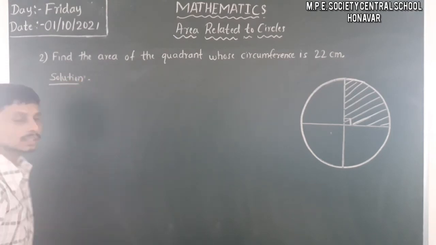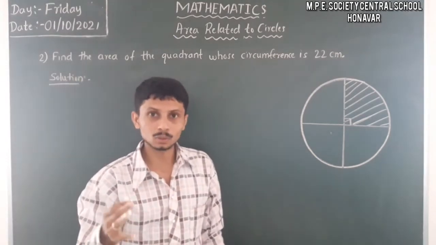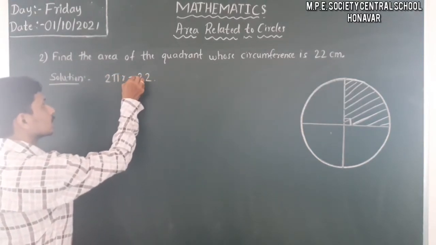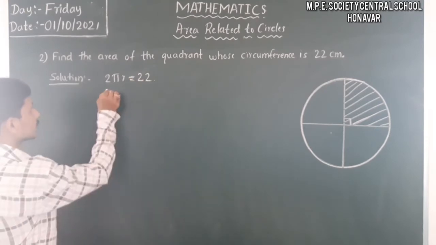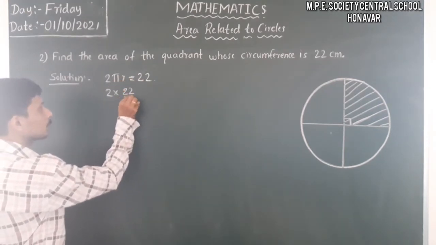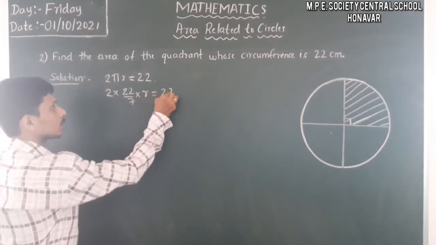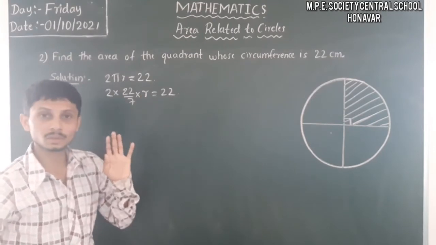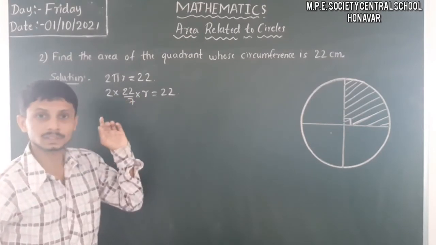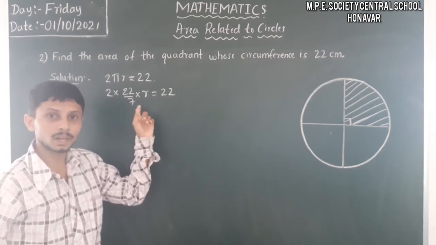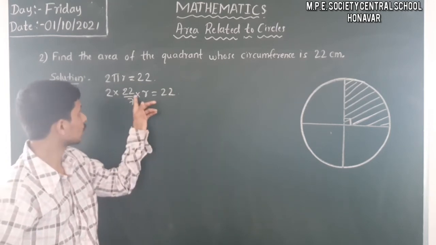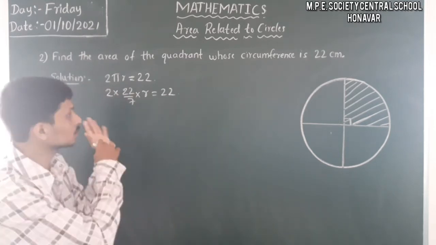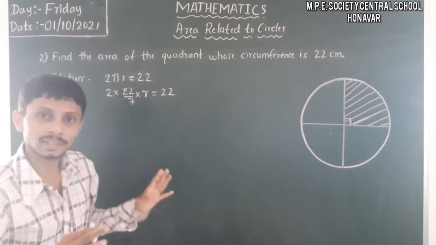Already you know that the circumference of the circle is equal to 2 pi r. That is, 2 pi r is equal to 22. It is given. So let us simplify it. Taking pi as 22 by 7, 2 into 22 by 7 into r is equal to 22. When you transpose the 22 to the RHS side, it comes to the denominator, because here all are multiplication. If there was addition, it would not be possible. But here all we have is multiplication, that's why we can. Otherwise you can transpose everything to the RHS side, it is also possible.